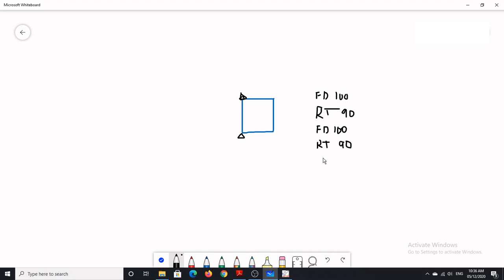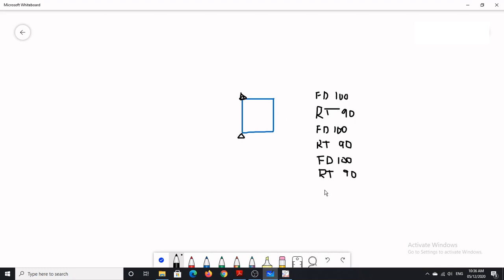Now to draw this side, again I have to give FD 100 and RT 90 to turn the turtle. So once I have executed this command, my third side of the square will be drawn.